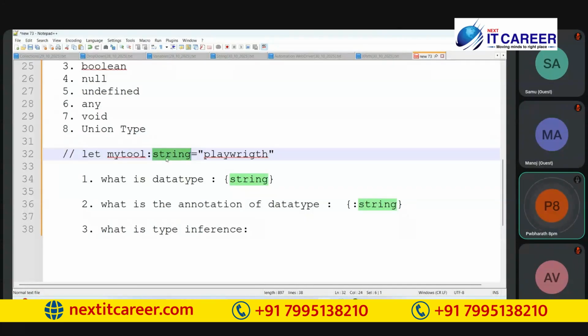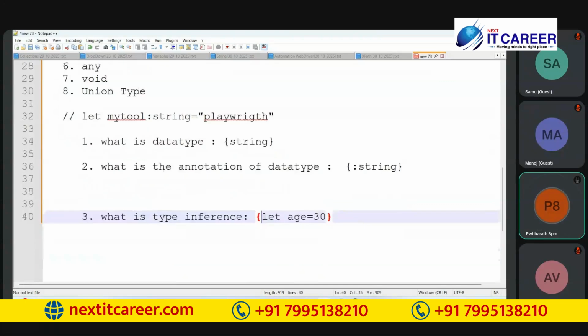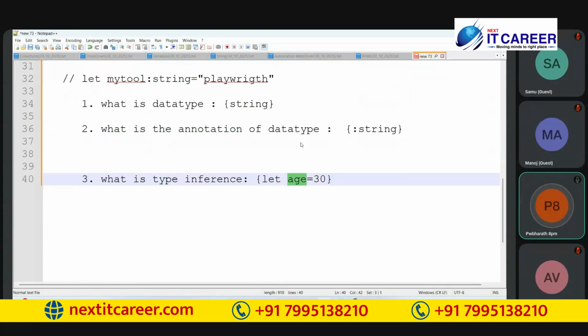But if you are not putting a data type, that is type inference. It automatically takes the type. Let age = 30. This is nothing but a type inference variable. It means it automatically takes the data type without defining the data type. Age is going to allow 30. If you take the next line, age equals any string, it is going to show an error. By default it takes the data type as number, but you are trying to assign a string. This is nothing but type inference.